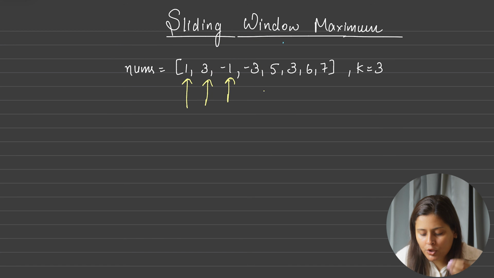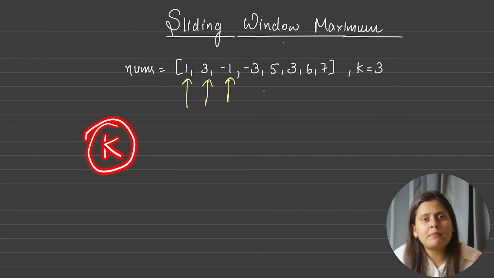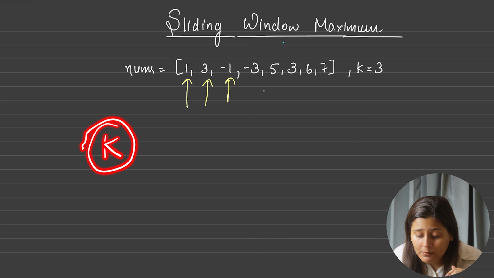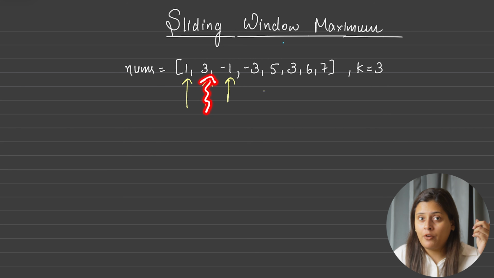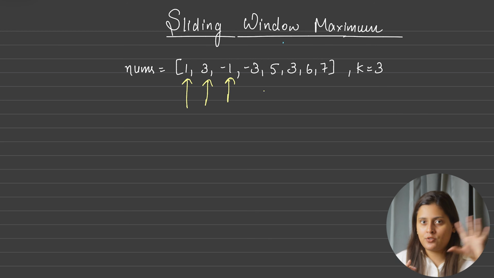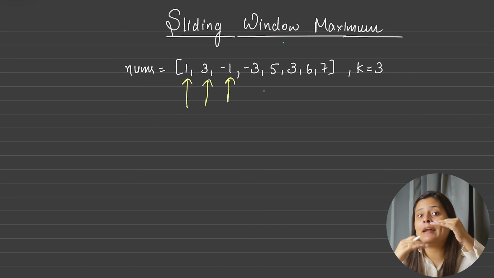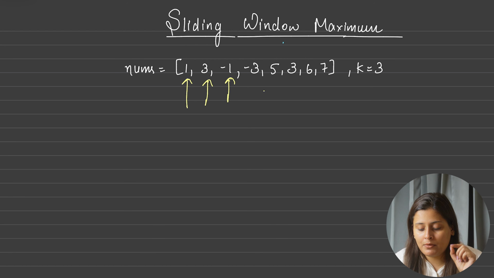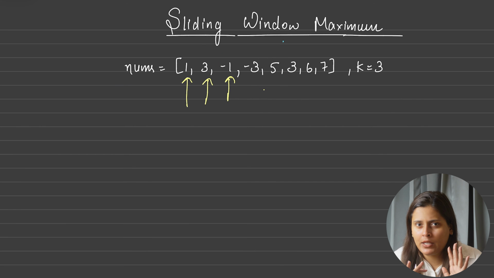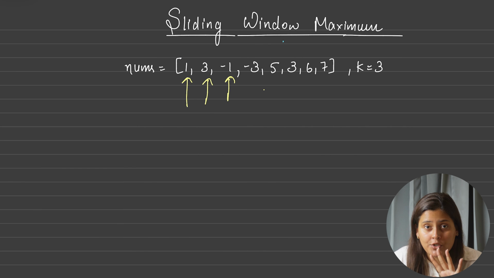Hence you can think, why not take a data structure of k size where I will maintain the first maximum, second maximum till the k-th maximum in our window. If we are removing an element and that matches with our first maximum, we will remove it from the window and also from our data structure. So by default we will get the second maximum as our first maximum for the next window. Yes, we can. Are you able to think of the heap data structure? Yes, we can use a heap data structure somehow.